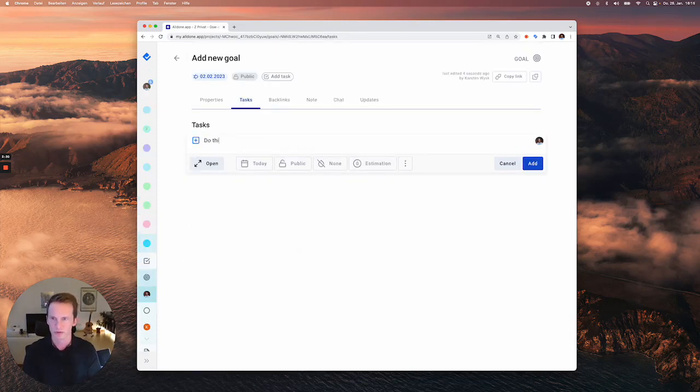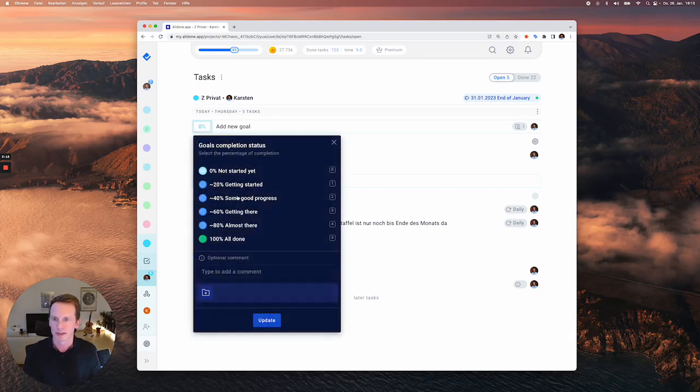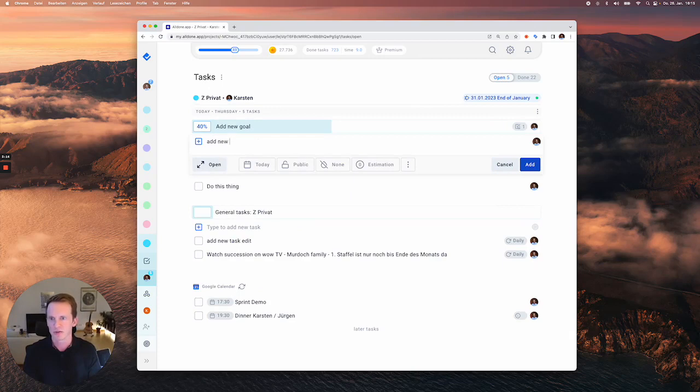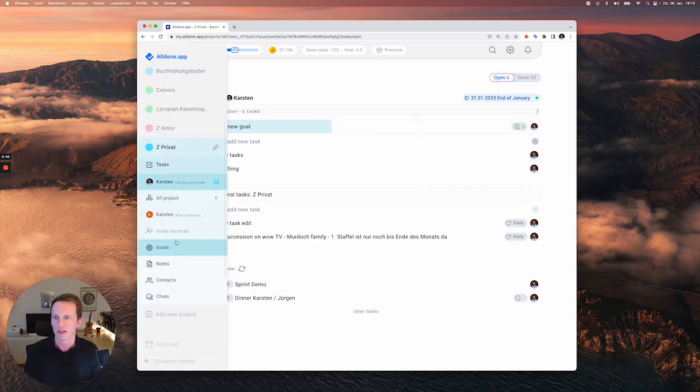So do this thing. And when you now go into the task overview, you see these goals also in your list. So it's all in one view. And you can, for example, add a progress there, add new tasks, and so on. So really super easy to plan your thing. So for now, let's go to